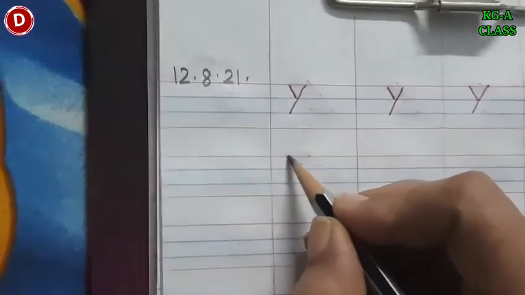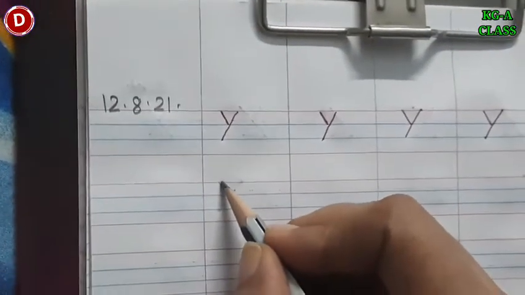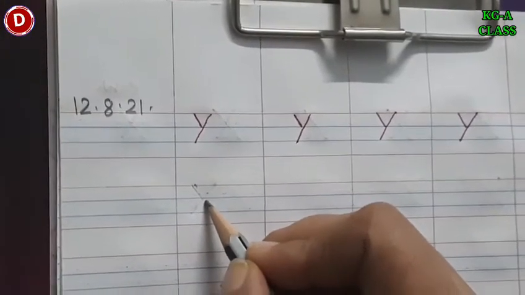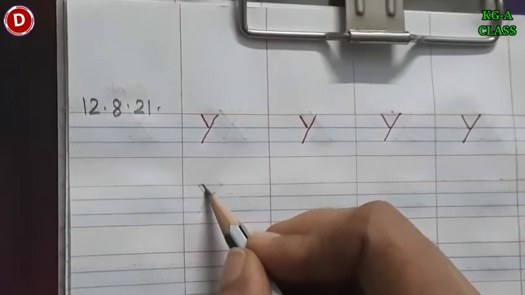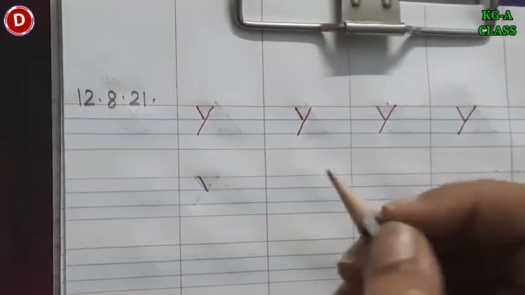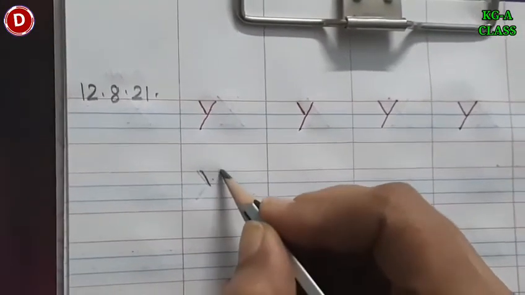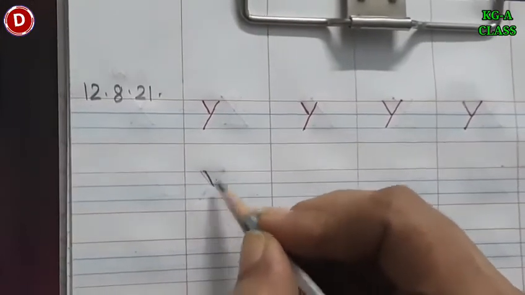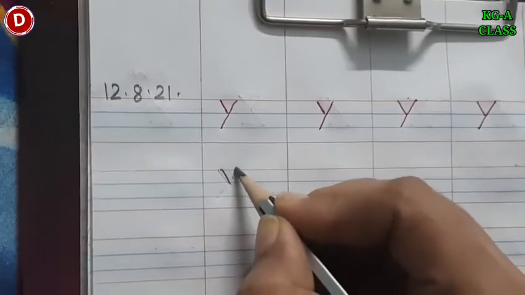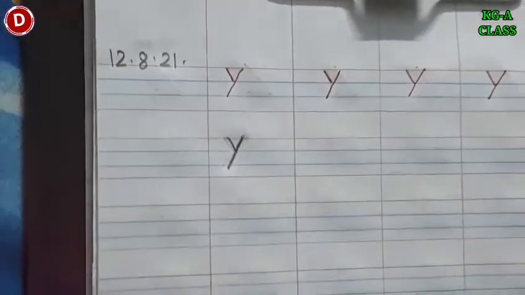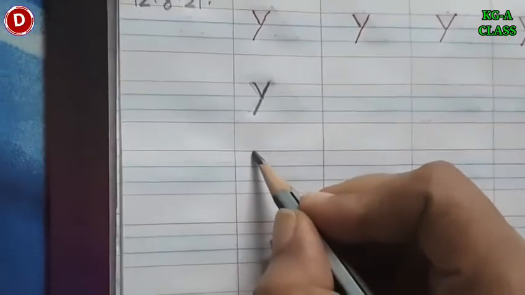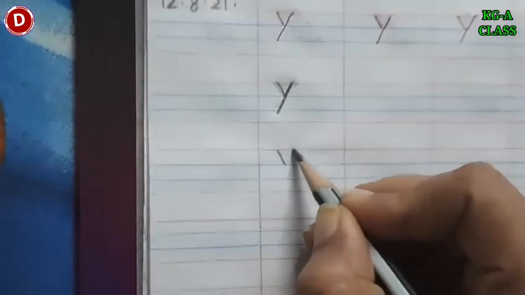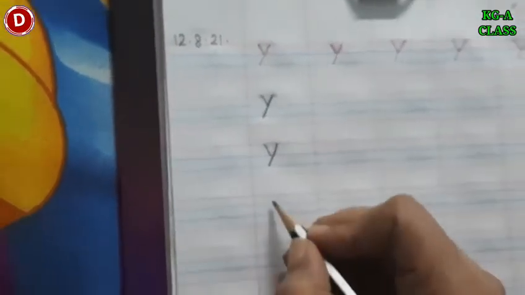So put your pencil on the top red line and make a small slanting line till the first blue line towards your right side. Like this. Okay. And then you have to make a longer slanting line till the second blue line, on the opposite side, like this. Look here children. In this way you have to write, again I am writing, watch it carefully. Small slanting line and a longer slanting line like this.